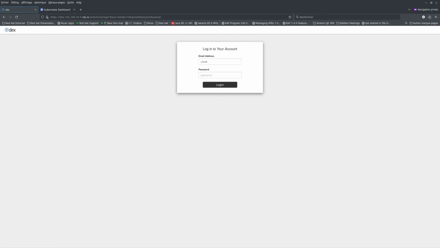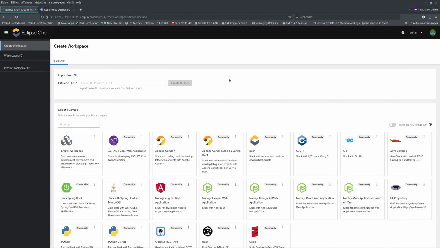Hello, this is Emmanuel, and I'm going to show you how you can develop using Eclipse Che on Kubernetes, and then deploy the resulting WildFly application on Kubernetes directly from Che. So first thing is to connect to Che. I'm using a standard Che installation on Minikube, and here I'm going to my application,